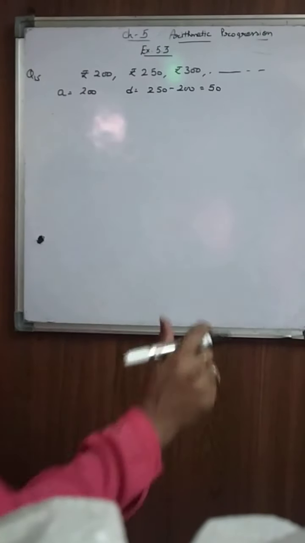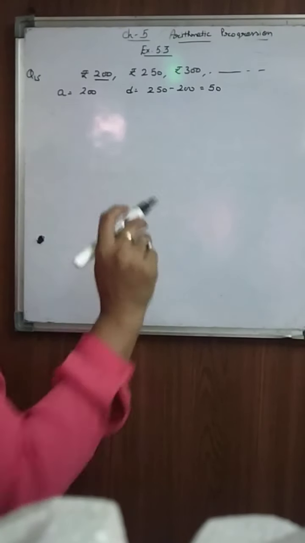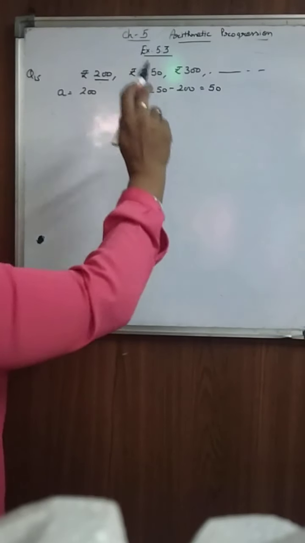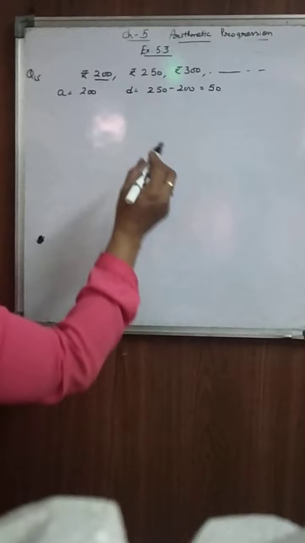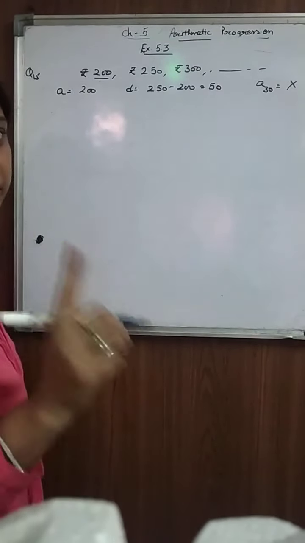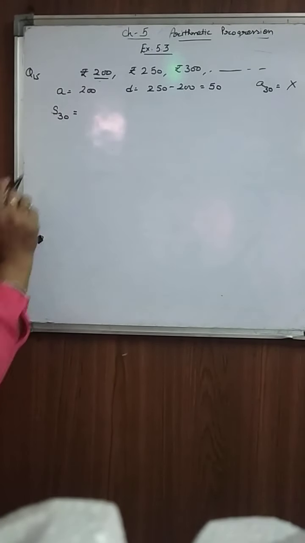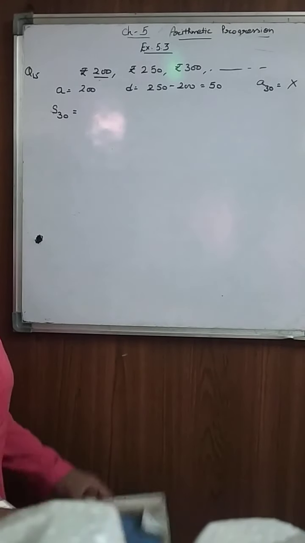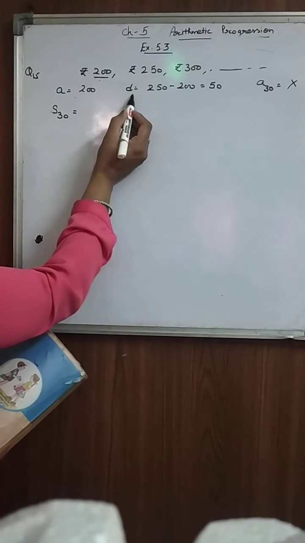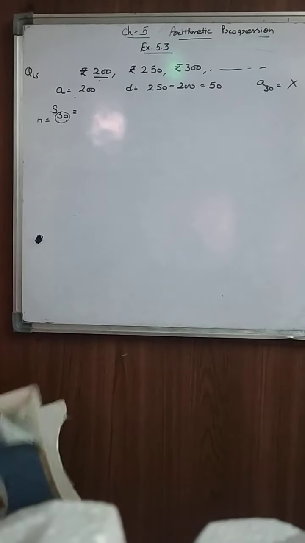First of all, you have to think over it. If the work is delayed for 1 day, then he pays 200 for the first day, 250 for the second day, then 300 on the third day. And we are not finding what he has to pay on the 30th day. No. He is saying if the work is delayed for 30 days, then how much total he has to pay. So it means we need to find S30 here. So our A is this, D is this and N is 30. So easily you can find it.